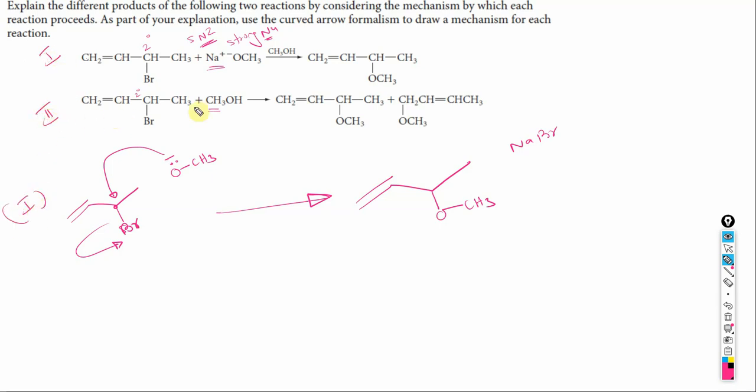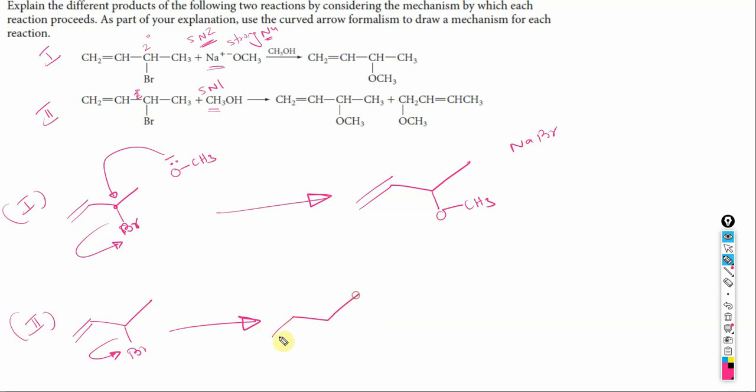For equation 2, you still have the same substrate, which is a secondary substrate, and the secondary can go both ways. Whereas here, the nucleophile is a poor nucleophile because it does not have a negative charge, which means it is not going to proactively make a bond with the carbon, and it is going to wait for the carbon to become desperate for electrons, and that is going to happen when the bromine leaves, making the carbon a positively charged carbocation center. So the second equation now represents a reaction which happens by an SN1 pathway, and as I just mentioned, the nucleophile is poor, so it's not going to participate in the reaction until the carbon gets into an electronic crisis. So therefore what you would expect is the bromine to first leave